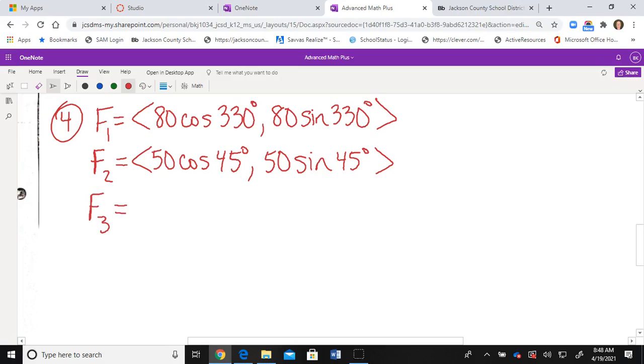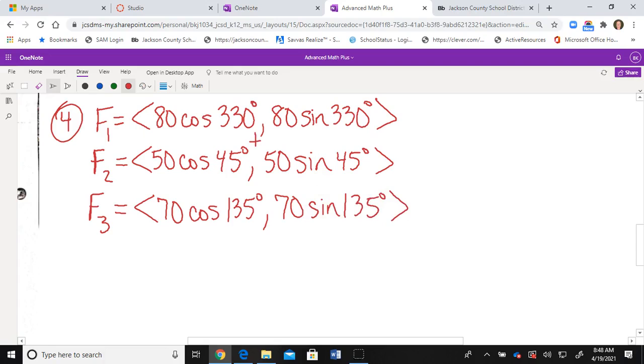And force 3, we're going to get, let's see here, 70 pounds at 135 degrees. So 70 pounds cosine of 135, 70 sine of 135. And what do I do with all those vectors? Add all 3 of them. We can't skip it, but we're going to skip where we write it. Okay? So I'm going to go ahead and go straight to my